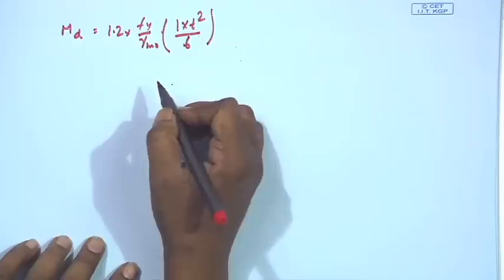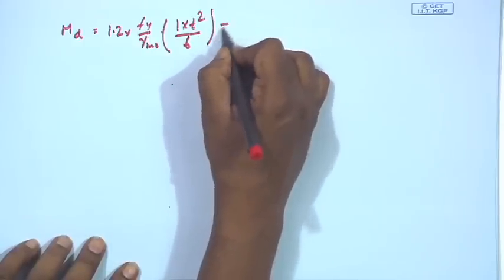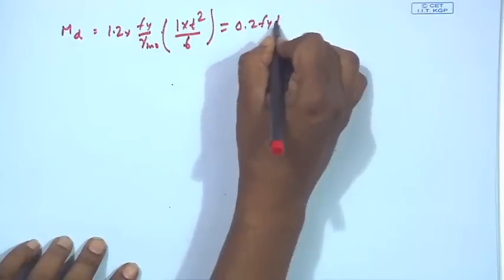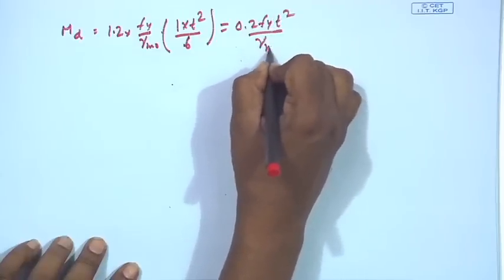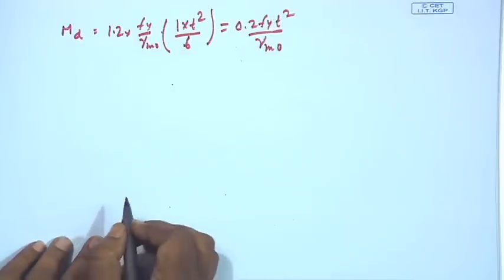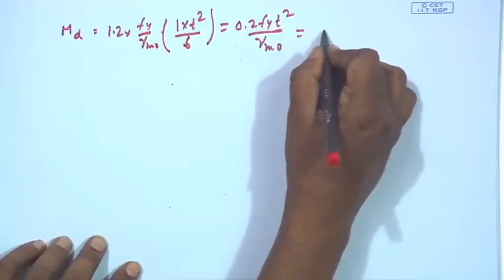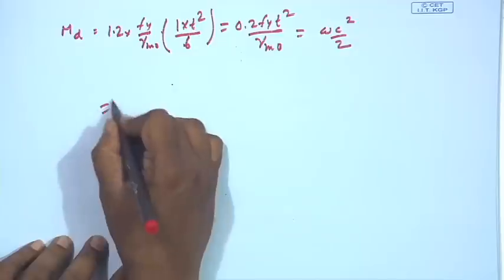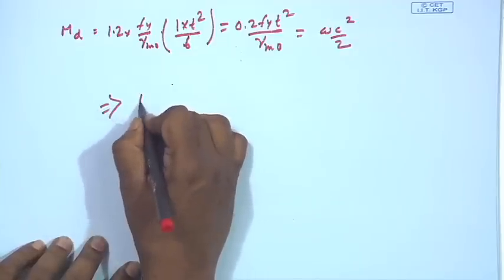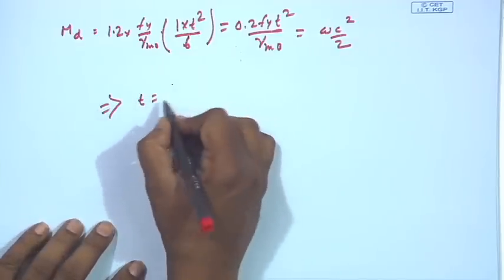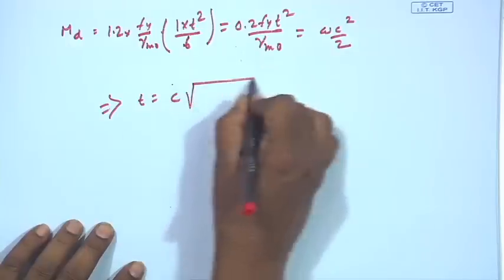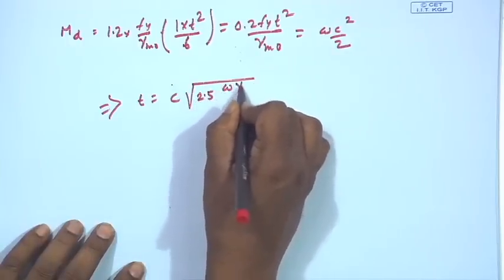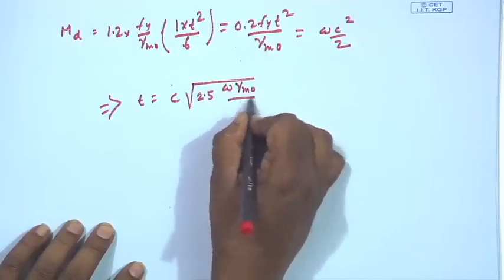This is M d, which we are going to calculate as 0.2 F y T square by gamma m 0, right, and this will make equal to W c square by 2. So, from this we can derive T as C root over 2.5 W gamma m0 by Fy,